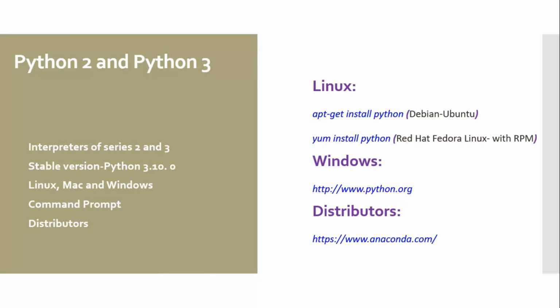And also when you're migrating from Python 2 to Python 3, if your existing application is in Python 2 and you want to migrate your entire code to Python 3, there are a couple of changes that you need to take care of. We can have a separate video to discuss that, but just keep in mind that code written in Python 2 need not run exactly the same, and that code might break in Python 3.